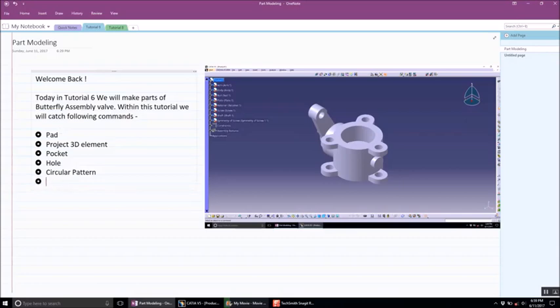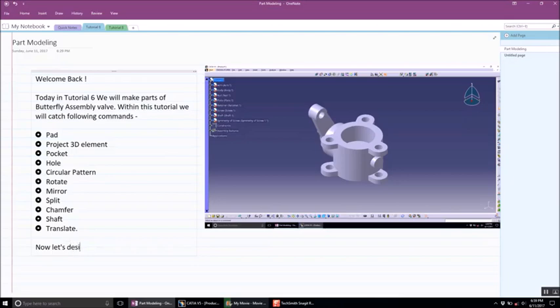Then we'll discuss the rotate command, and then of course the mirror command, and then the split command, and finally the chamfer, and the last, shaft and translate. So these are the commands which we are going to cover, and now let's